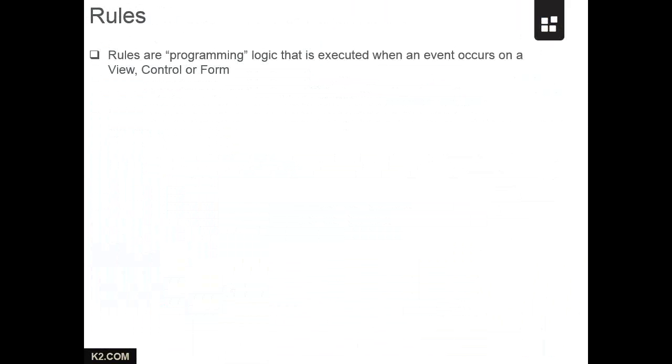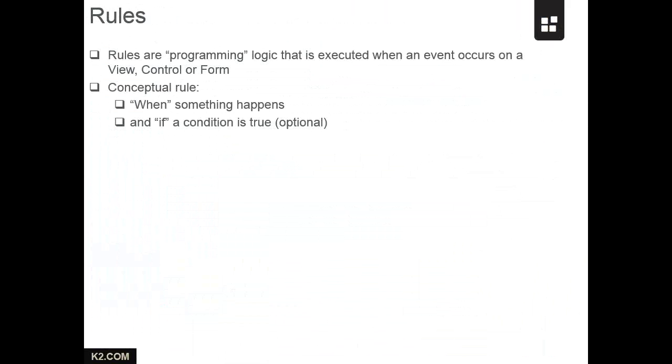So a little bit about rules. Rules are, if you will, light programming logic that's executed when certain events occur on a view, a control, or a form. So they can be scoped at each one of those levels. Conceptually, the rules are made up of a statement that says when something happens. So you define what the when is, what's the event that triggers the thing. You can optionally provide a condition. So if some condition is true,